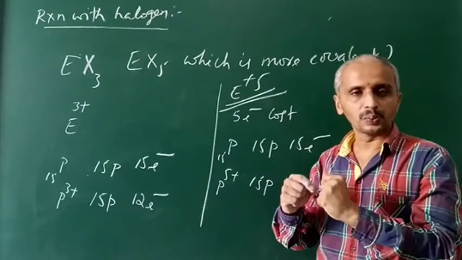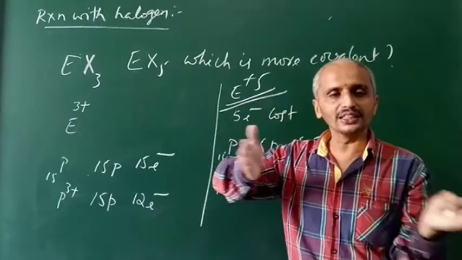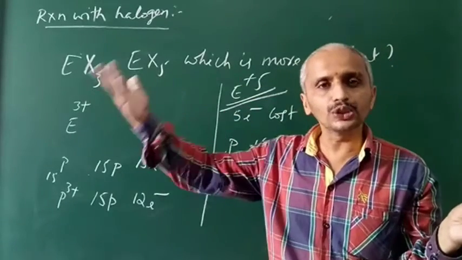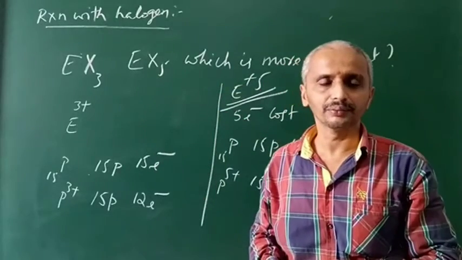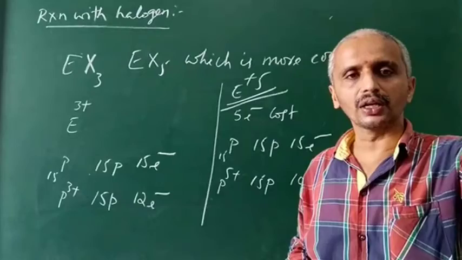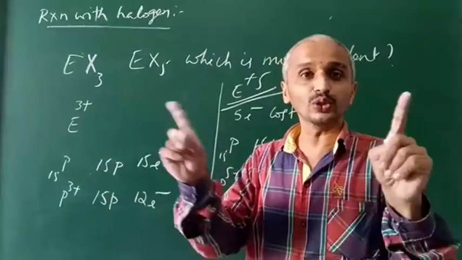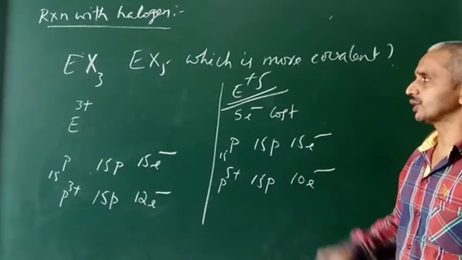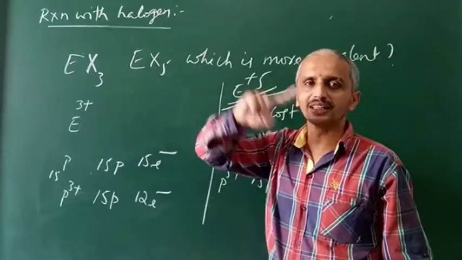Covalent bond is formed by the mutual sharing of electrons. When the size is bigger and bigger, the electron losing tendency is there, thereby forming the positive ion and the negative ion. The element which loses the electron becomes positive, and the one which accepts the electron becomes the negative ion, thereby giving an electrostatic force of attraction. But here, covalent bonding will be there, not that. EX5 is more covalent than EX3.